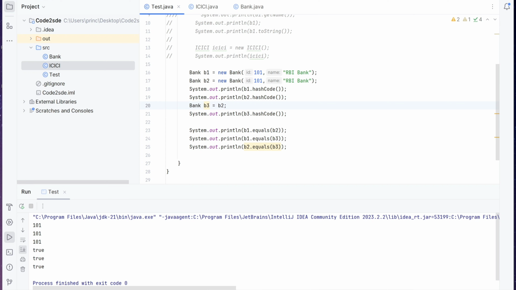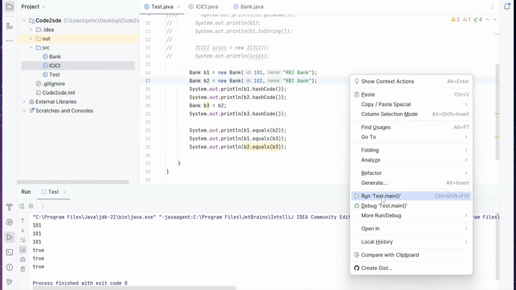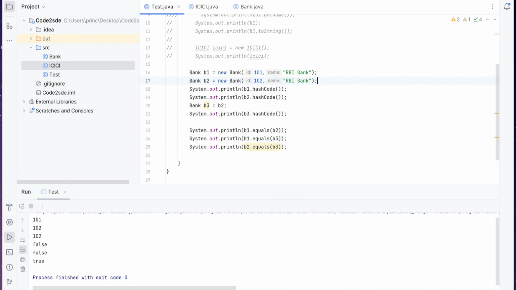Now if you make the v2 object have a different id and run the program, you will see that v1 is not equal to v2 because the id is changed, and v1 will also not be equal to v3, and v2 and v3 will always be equal, right?